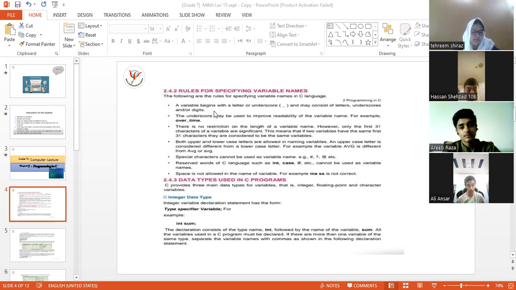Okay, let's start our today's lecture with some rules for specifying the variable names. As we have discussed in the class, there are some rules for writing a C program, especially for specifying the variable names. There are totally 6 rules which are to be followed while writing the C program. First of all,